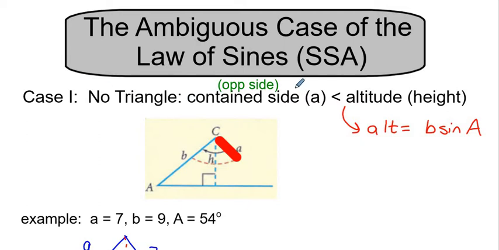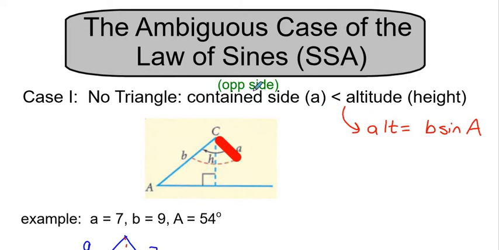triangle. And that occurs when the contained side is less than the altitude, or the side opposite of the angle given is less than the altitude. Please understand that the altitude is b sine A, which I did several problems explaining that with area, so you might want to watch that video before you watch anything about the law of sines to understand what an altitude